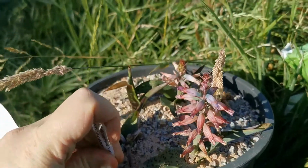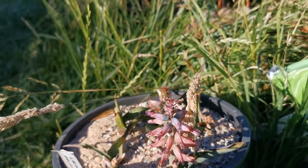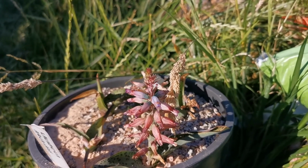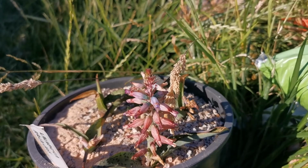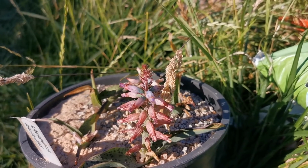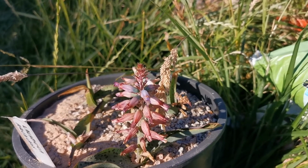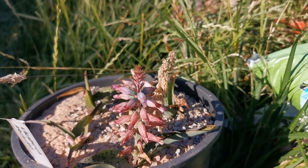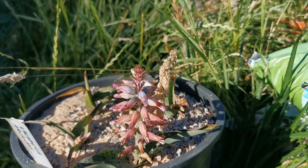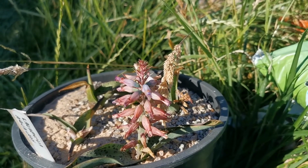Lachenalia is a genus of plants that comes from the southern part of Africa, and is a genus of bulbous perennial plants in the family Asparagaceae, subfamily Scilloideae, and is actually the same subfamily as the hyacinths, and indeed these plants are often called Cape hyacinths. Cape because many species are found in the Cape province of South Africa. Another common name for this plant is Cape cowslip, even if they are not closely related to the true cowslips